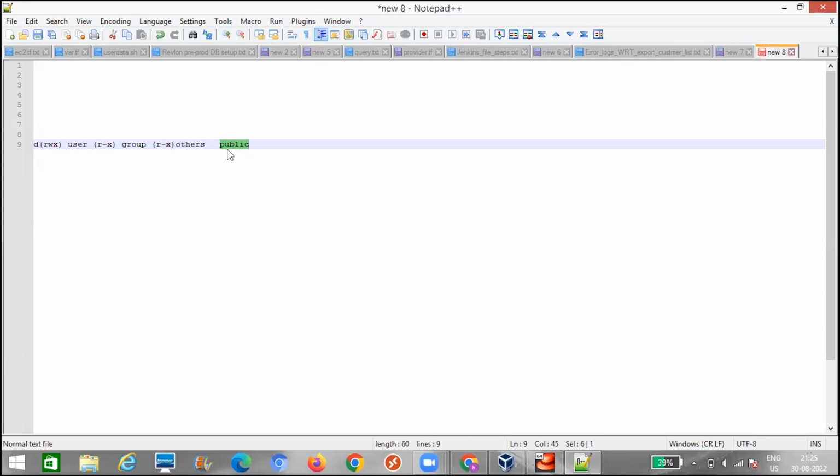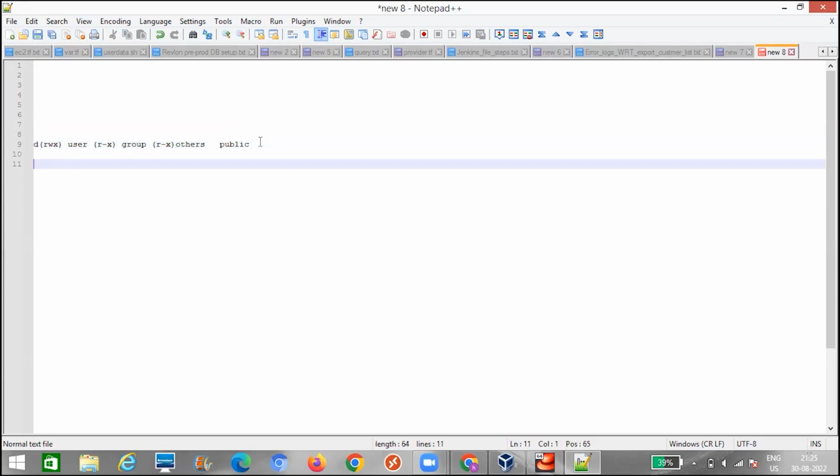So in this way, we can specify and understand any permissions for a given file or a given directory. Suppose let's take another file like file.txt. This file belongs to user Harsha, and the group name is also the same, Harsha.